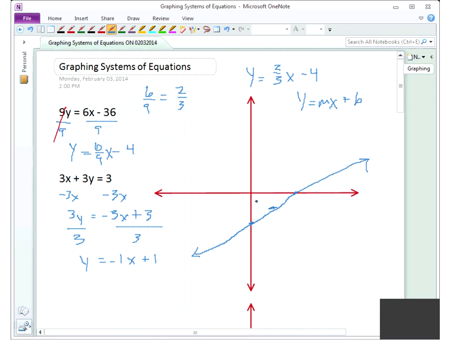All right. So from here, same thing. We're going to plot our y-intercept first. And our slope's a negative 1. I sometimes get questions about a negative slope. Well, what do I do with a negative slope? Do I rise negative? Do I run negative? Do I do both negative? Keep in mind,